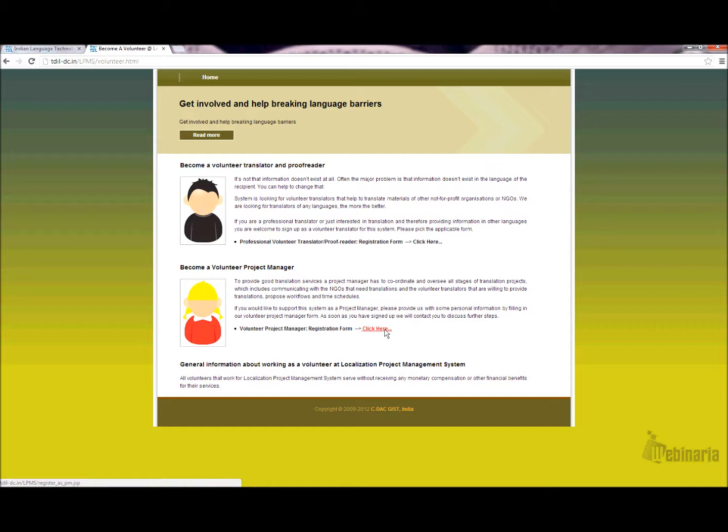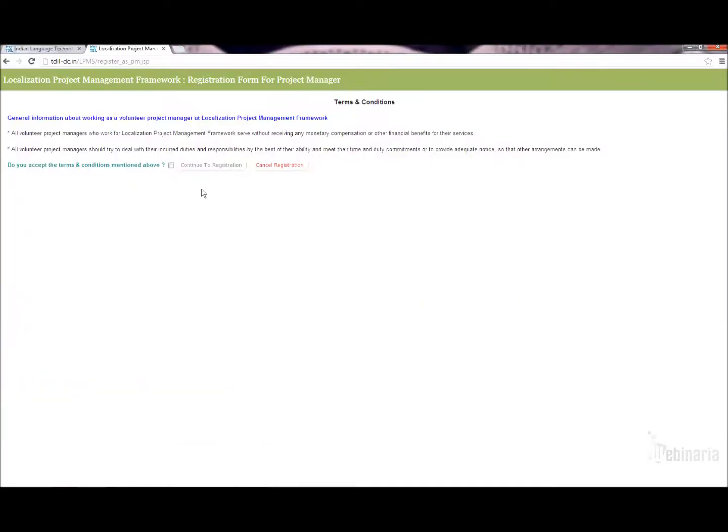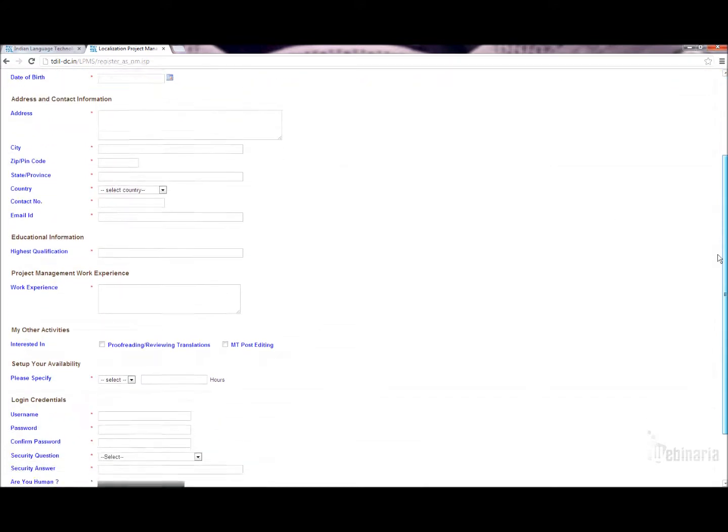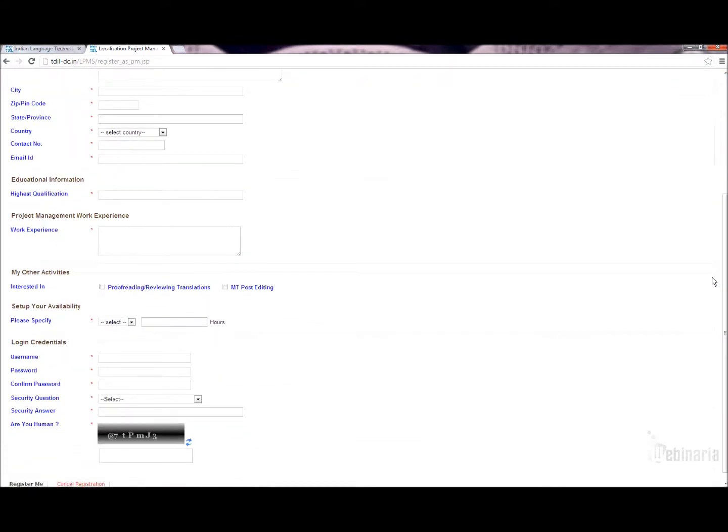So, we are starting the process of registering a profile for a project manager. It will open a registration page for you. To continue to registration, you need to accept the terms and conditions provided. It will open the page for registration. You need to fill the provided form for registration.